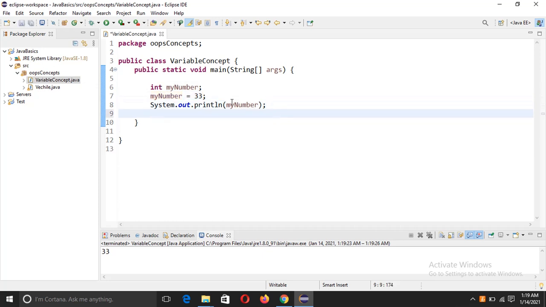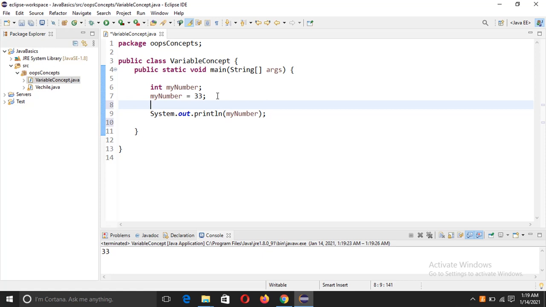Now we have one more data type, that is short. Let's name it my short. This short data type is used to represent some short values in range.